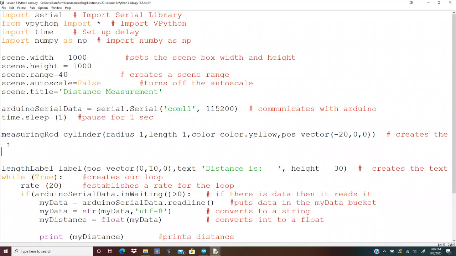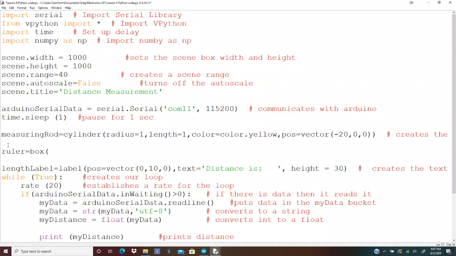So I'm going to create an object, and I'm going to call it ruler. Got to be pretty original to think of that. All right, so the ruler is really a box, right? I mean, it's this square. It's relatively flat, but it's still a box because it has height to it, although it's not very large. So I'm going to create a box,